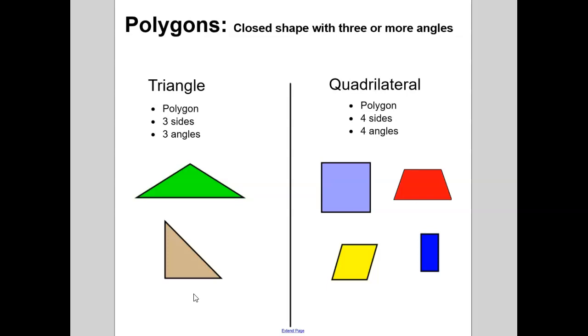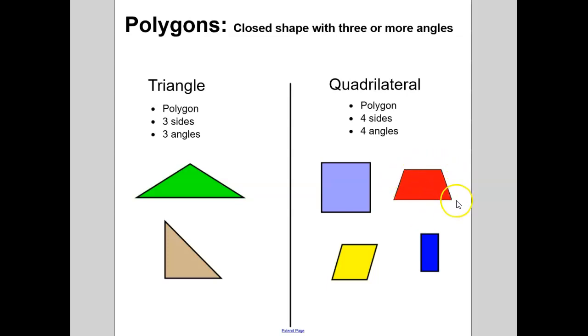Wonderful. Next, another type of polygon is called a quadrilateral. A quadrilateral is just a polygon, so again, a closed shape with 3 or more angles, but it has 4 sides and 4 angles or 4 corners where the 2 sides meet. In your notebook, would you draw a few examples of quadrilaterals and label them? Quadrilateral. Wonderful. So I know even this shape is a quadrilateral because a quadrilateral is just any shape with 4 sides